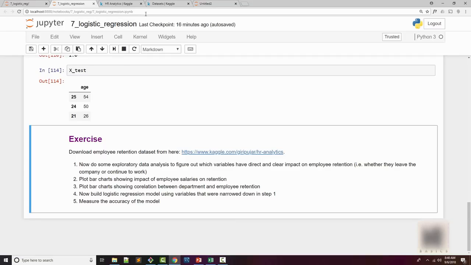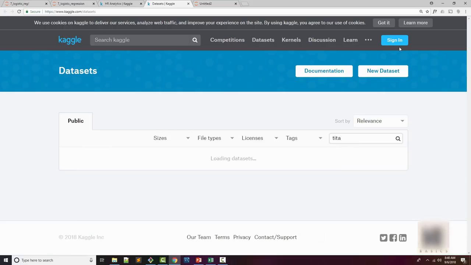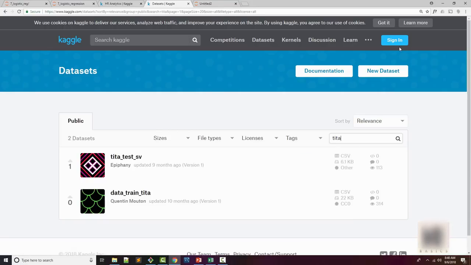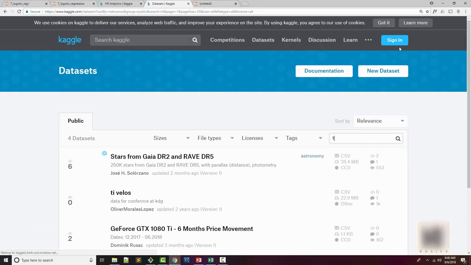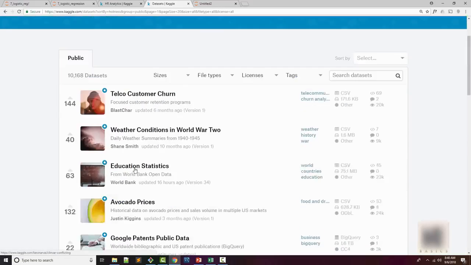If you know about the Kaggle website, this is the website that hosts different coding competitions, and it has one of the more important features, which is the datasets. So if you go to this dataset section, you can download various datasets based on the file type, or you can even search for datasets. So if you want to do some Titanic data analysis, you can search for that. Basically, you can just explore these datasets for exercises.